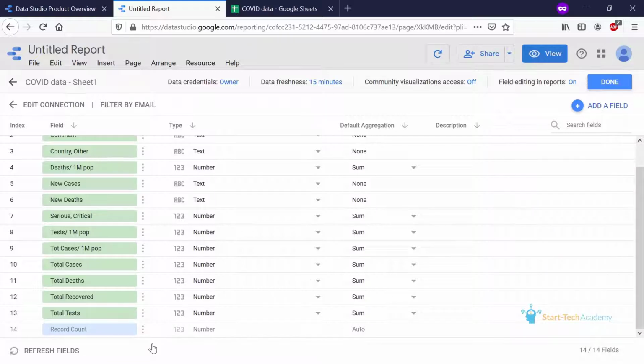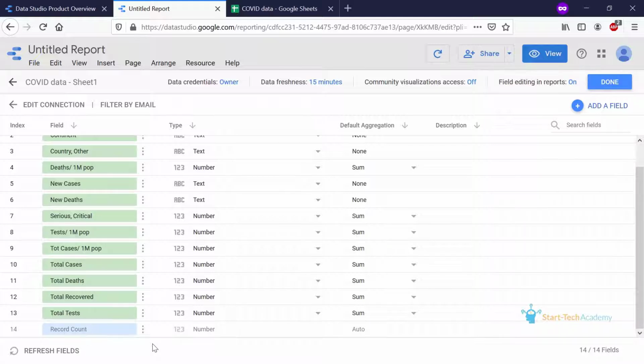Record count is not always useless. In fact, the reason for adding it automatically is because it is commonly used. Imagine you are looking at sales transaction data, and in one of the columns you get the salesperson name who made the sale.